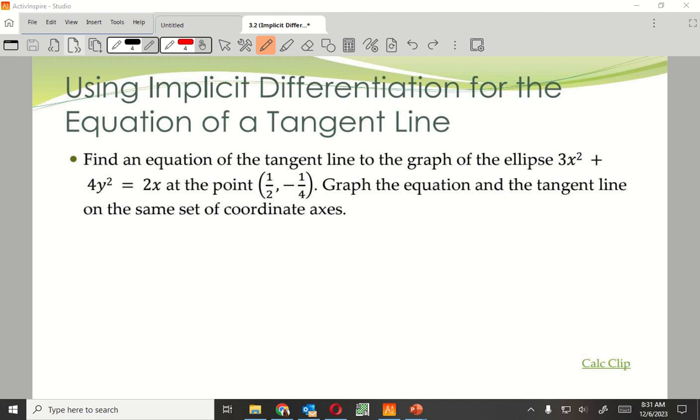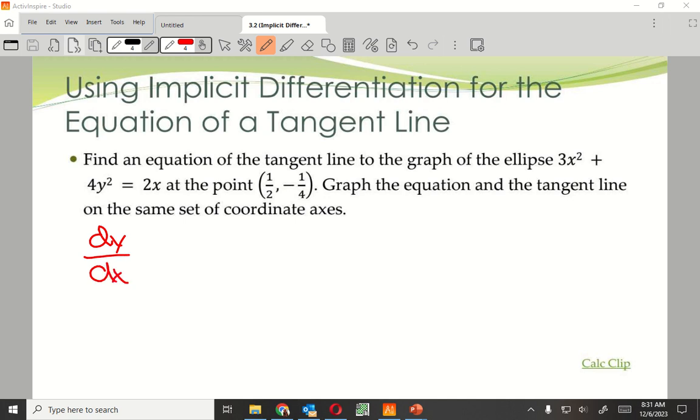The derivative is getting me the slope of the tangent at a point if I'm given a point. So what could I do with this? I can just plug those in, right? Do I already know the derivative? Yeah, because I just did this question last page. So I know that my dy/dx